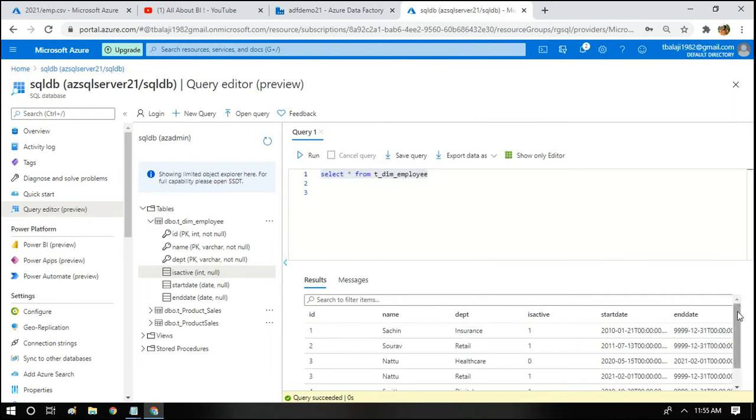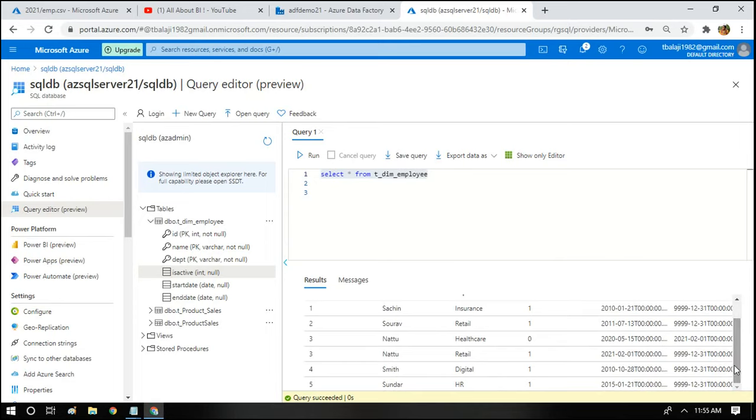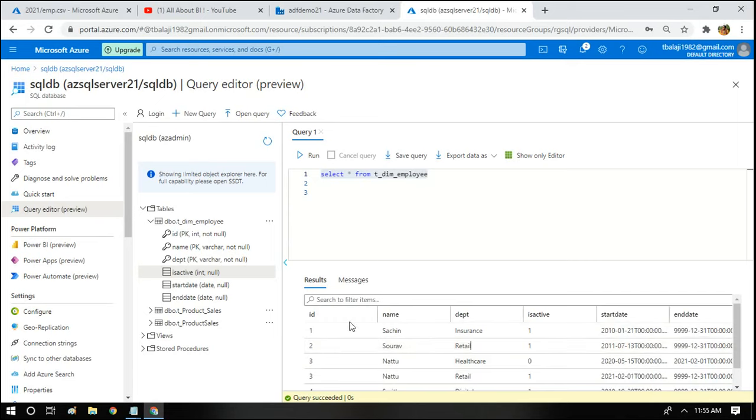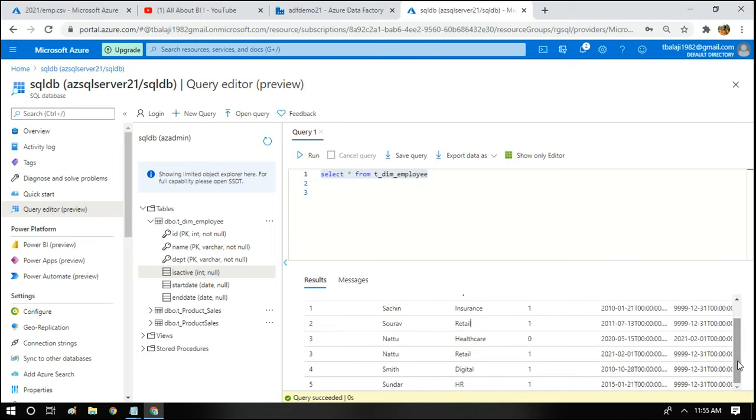Oh, insertion is also done. As we can see here, there are 6 records in total. Since we have made a composite primary key, there are duplicate values in the primary key column. These three are considered to be the primary key. So I have 3 Nattu healthcare and 3 Nattu retail, and retail is the current record.